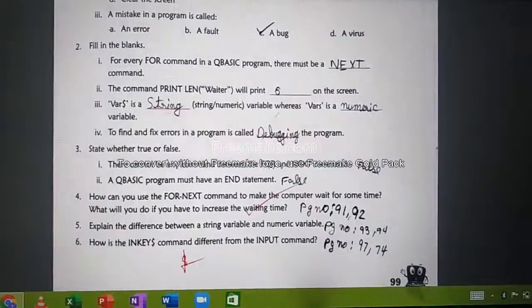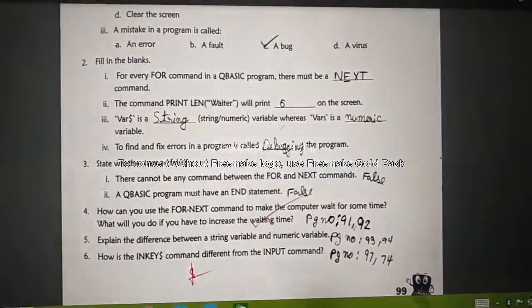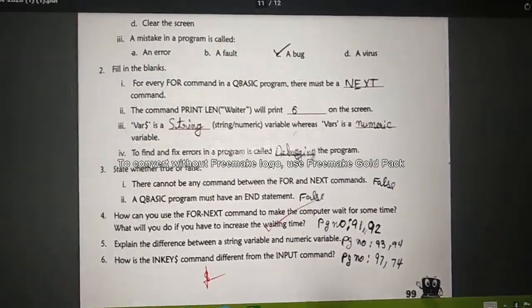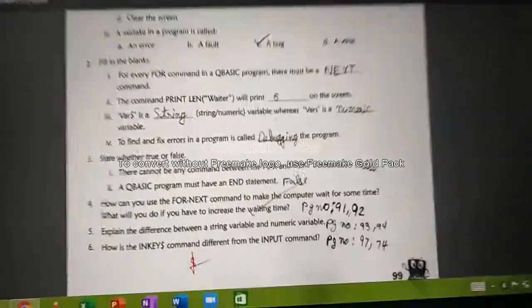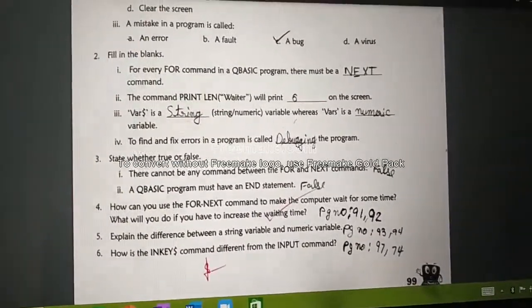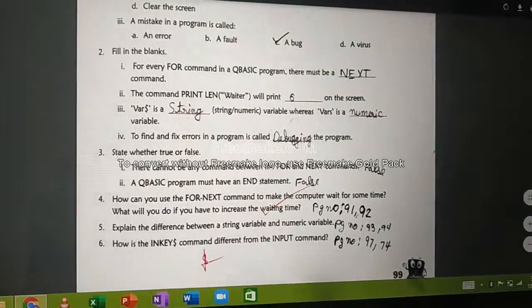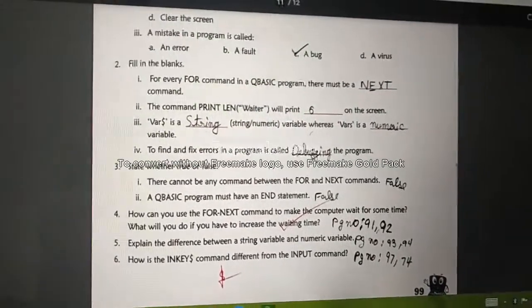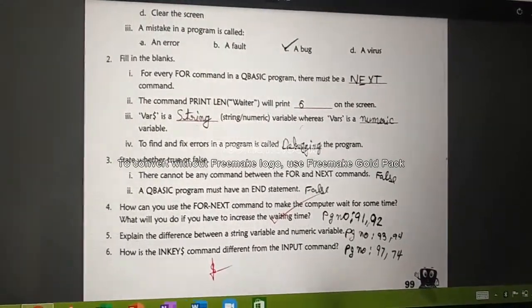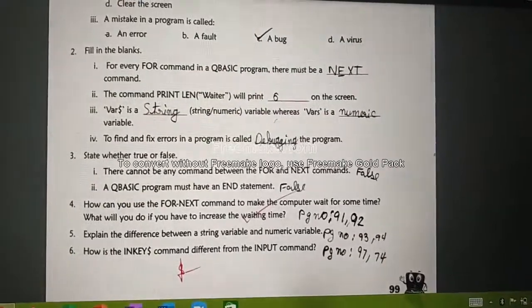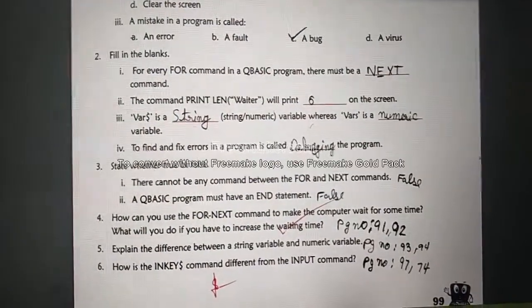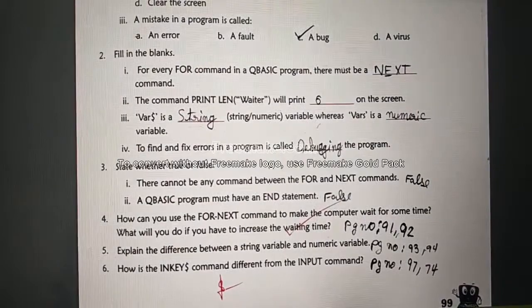That's all, students. Your book bag for this chapter is over, and you have one more QBasic chapter. I know the QBasic chapter will be a little bit complicated. If the school reopens, we'll see. Practically we'll work and see. Anyway, follow all the YouTube practical videos which I send you. That will help you.